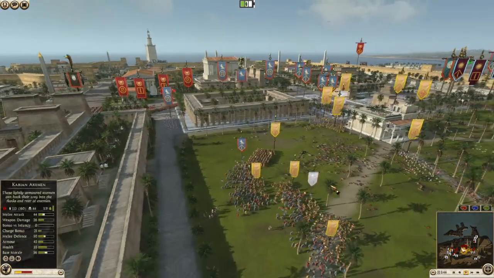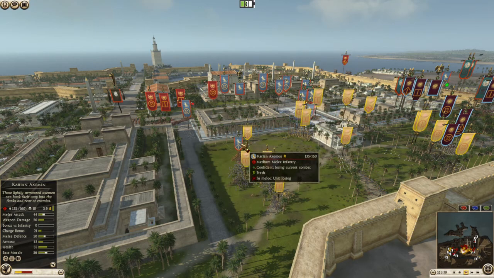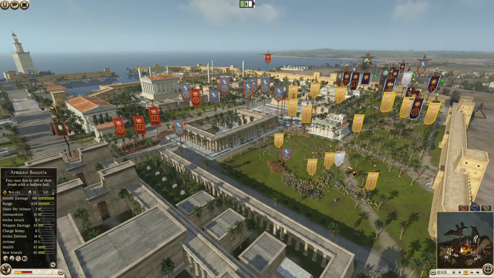So, let's see. Cretan archers firing in. Yeah, Egypt is... Obviously, they're struggling a little bit. They went full-on carrying axemen. But...